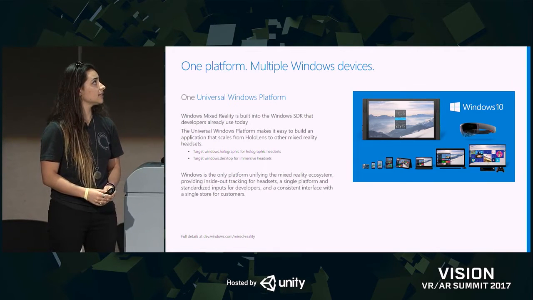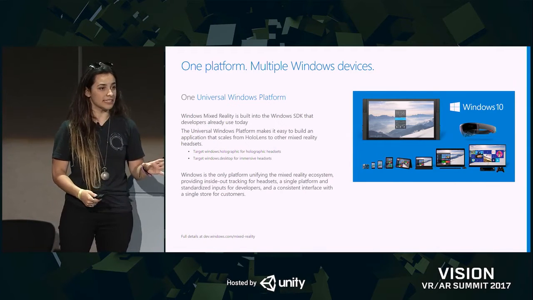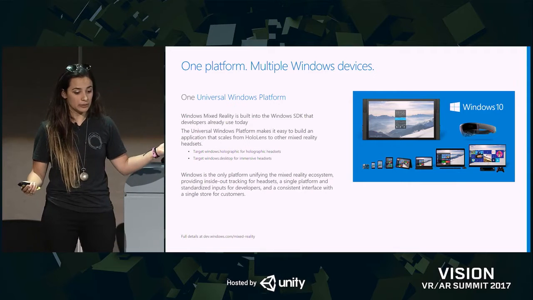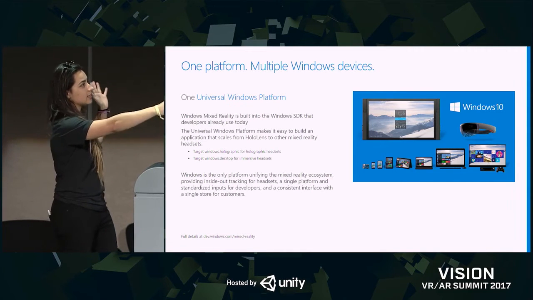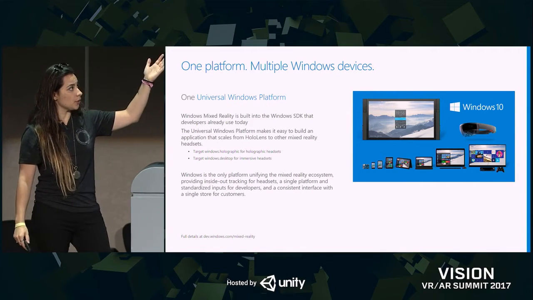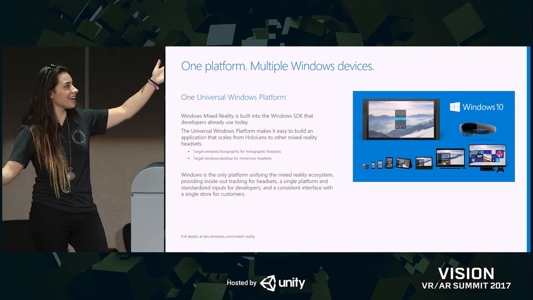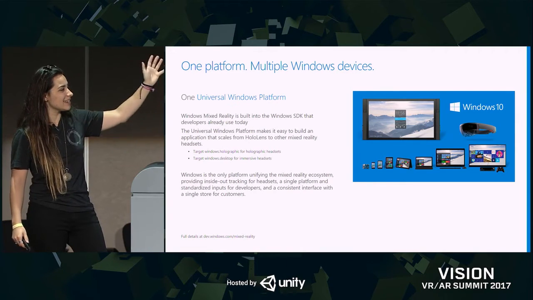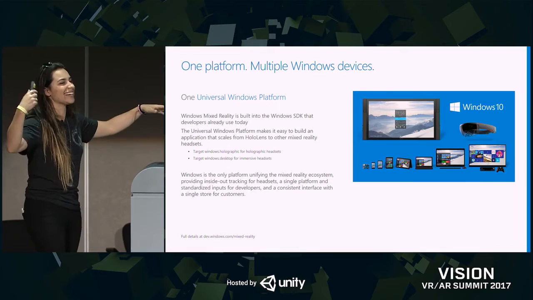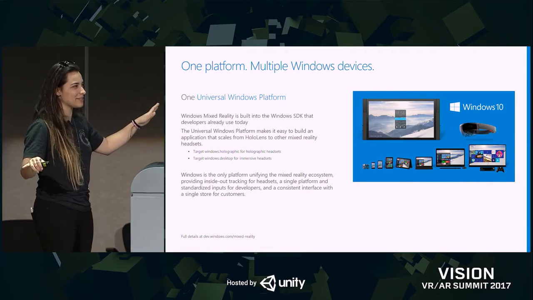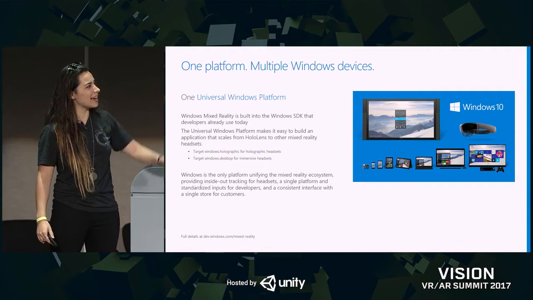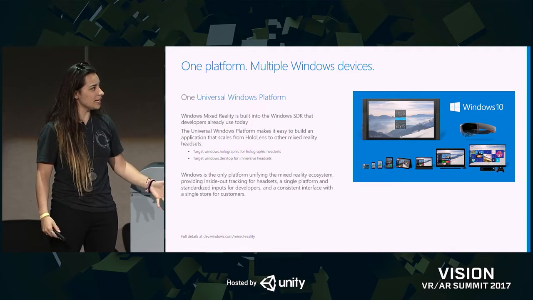And again, this is the one platform with many devices. As I was saying, anything that runs Windows 10, you can see the list is going on and on. You have your Windows phones, yay, your PCs, your desktops. See, there it goes, yeah. I was like, do we remember what those are? Yeah. Your Xbox as well is included.